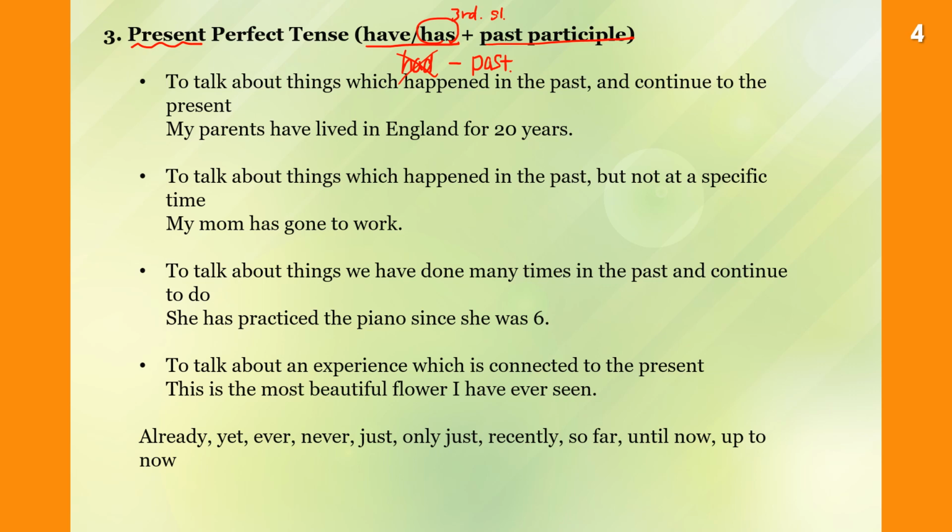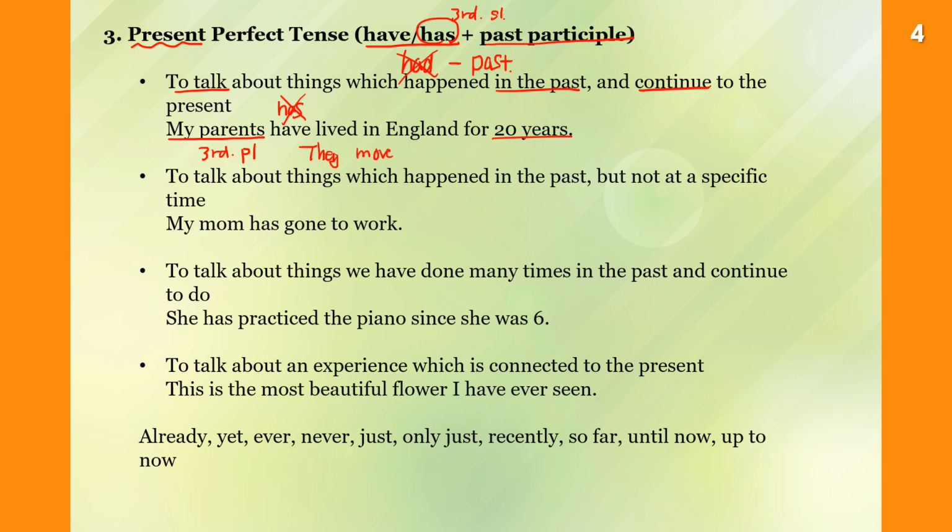You use present perfect tense to talk about things which happened in the past and continue to the present. My parents have lived in England for 20 years. So first of all, my parents, third person, but this is plural. So do not use has, but have. Have lived in England for 20 years, which means they